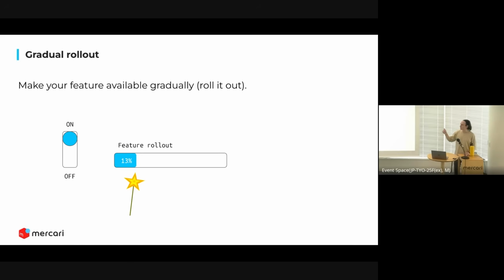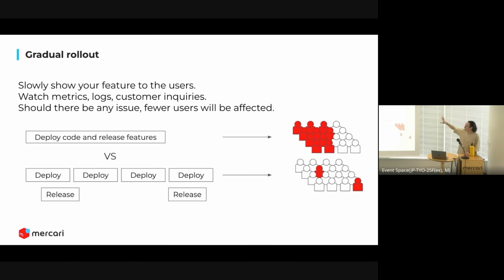It means you can start with 0%, so no one will get it, but then you move this to 5% or 1%, and 1% of your users will start receiving the feature. So you can go and see the logs and metrics if everything is fine, right? With gradual rollout that was enabled by the experimentation platform and feature flags, and with this separation of deploy and release,